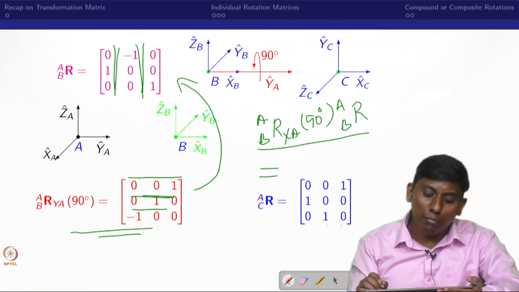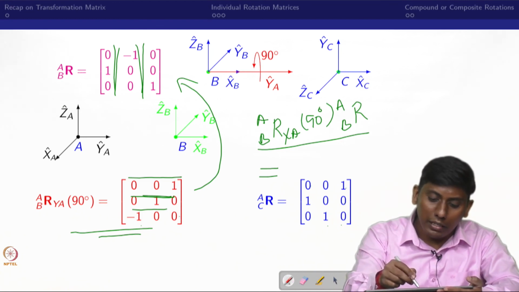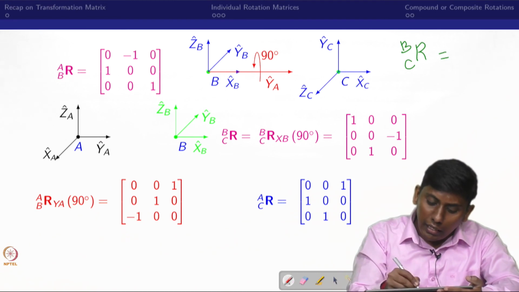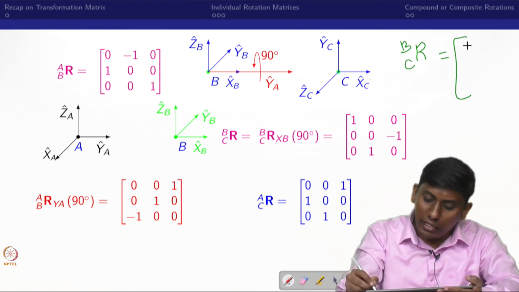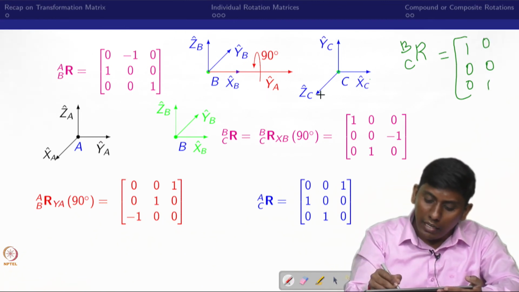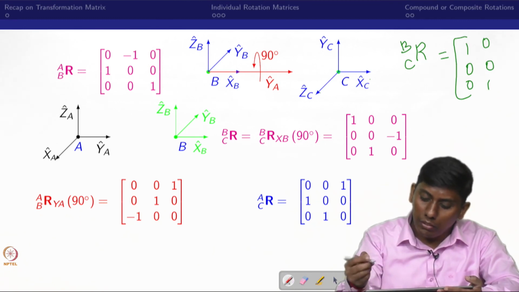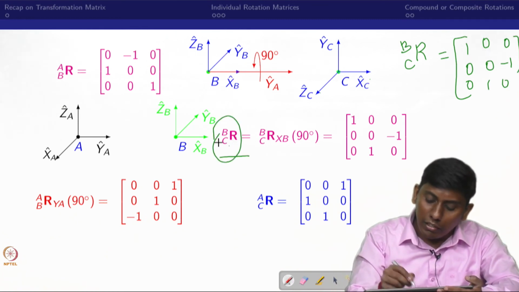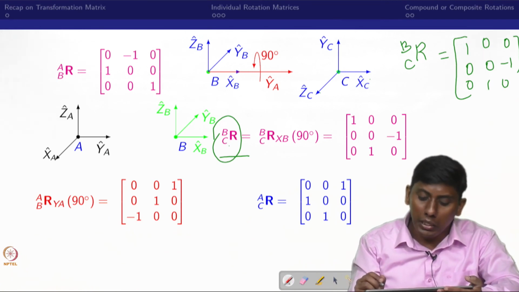However, can the post multiplication be done or not? For that, what we are taking is R_CB. I can see X_C is projected on the B frame where it coincides with X_B, so 1 0 0. Where this Y_C is projected on Z_B, so 0 0 1, and where this Z_C is projected on Y but opposite, so it is 0 -1 0, right. So this is what we have written as R_C with respect to B, in the sense the rotation matrix of C with respect to B, but what rotation did we do here? With respect to X_B.